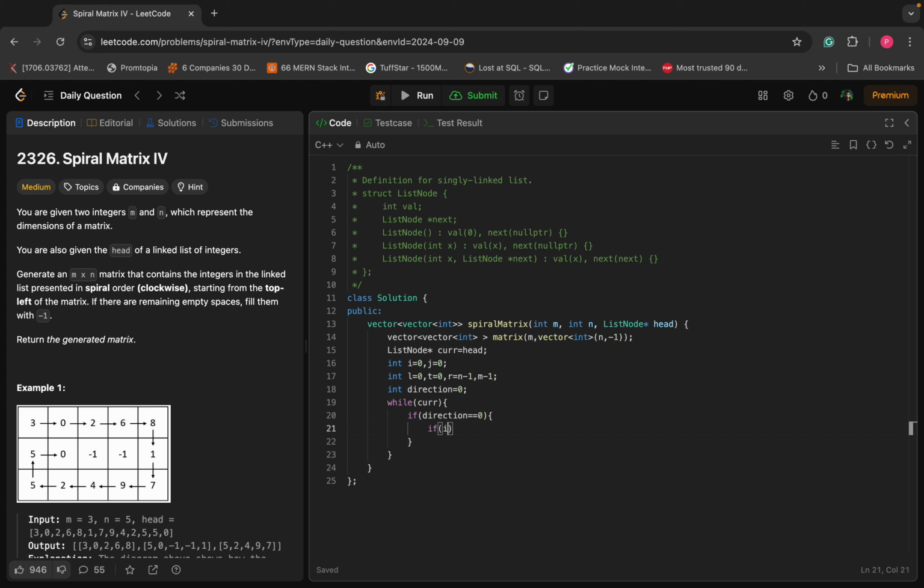And if direction is equal to 0, we gotta go from left to right. First we must also check if we can go right or not. To go to the right, J must be less than or equal to R. In that case we will just set matrix of I comma J to current dot val, and current will move to current dot next. Also we need to do J plus plus since we moved. In the other case, if we can't move any more right,